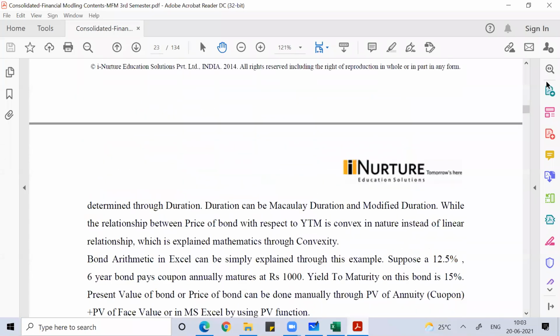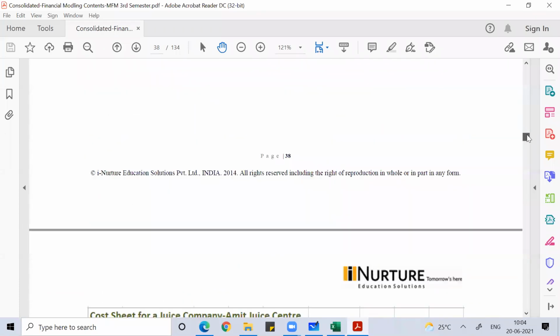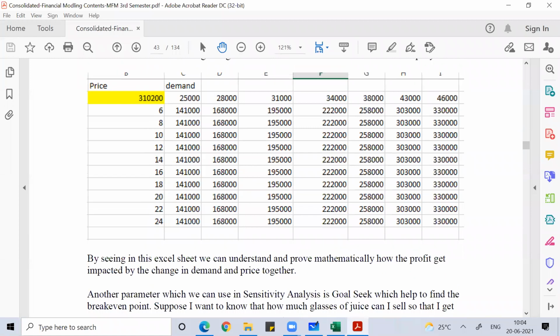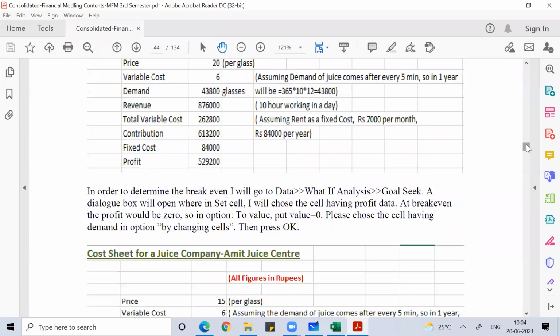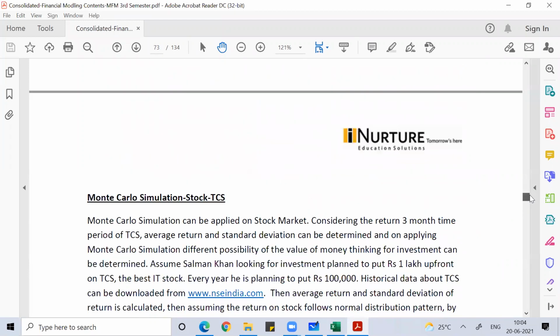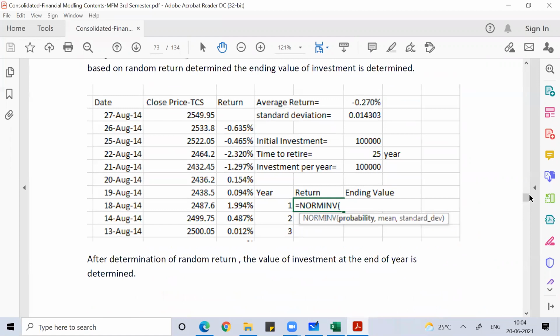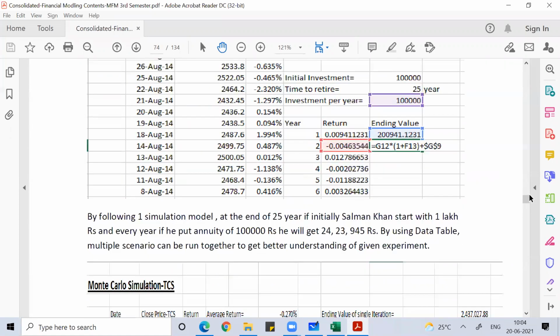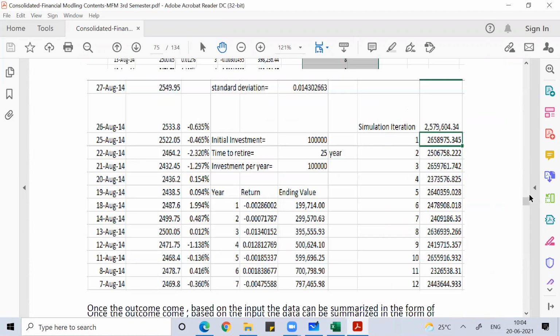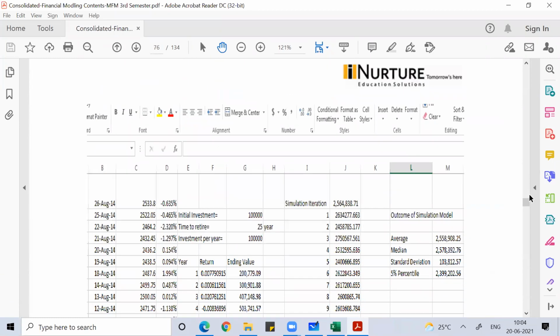So this is all XI, XNPV, XIRR. These are all together a 60-hour subject I have developed for Jain College. So all this, you can see, is there. Monte Carlo simulation. I hope you have heard of this word called Monte Carlo simulation. Very famous. This Monte Carlo simulation we normally use to predict the stock market return. So all these are there.